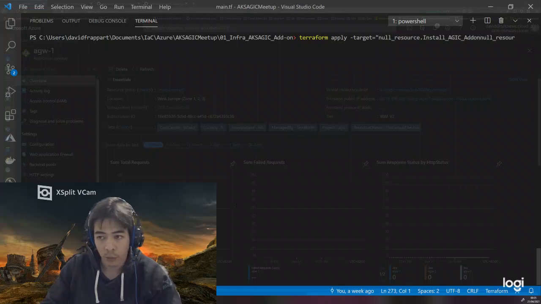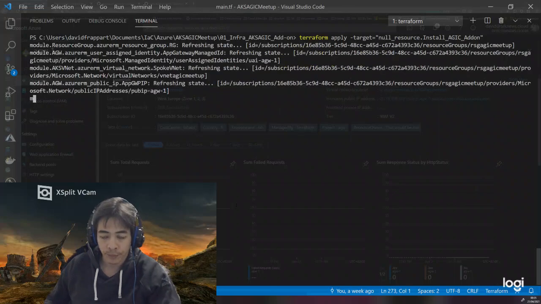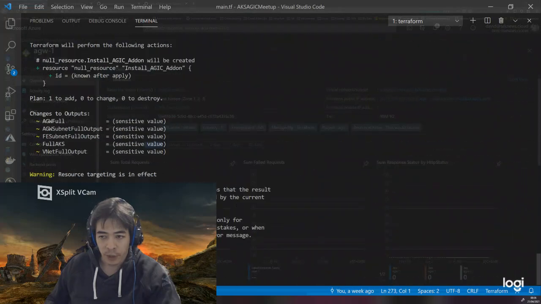Usually we would do that in one go, deploying the Kubernetes cluster and all its environment, and then adding the add-on automatically.